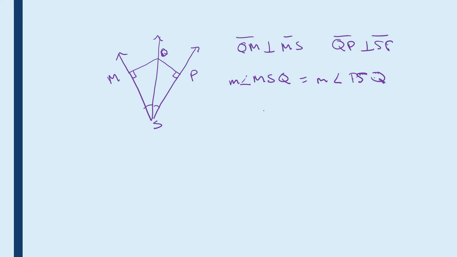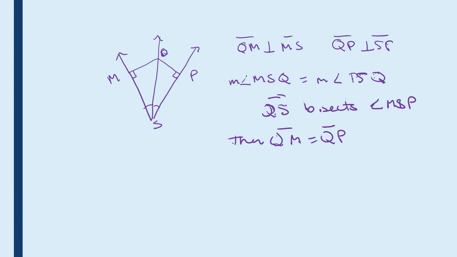In other words, I'm saying that QS bisects angle MSP, then I know that QM